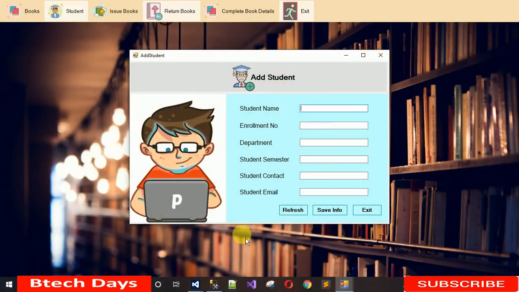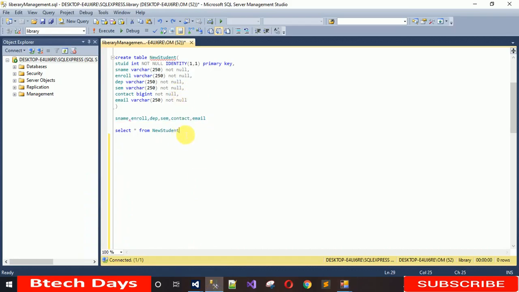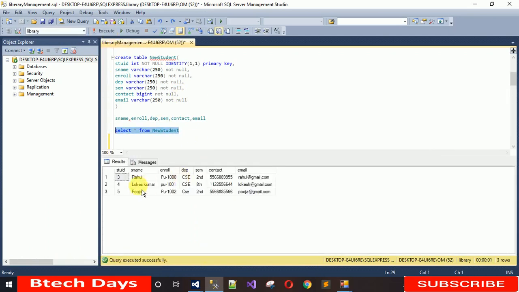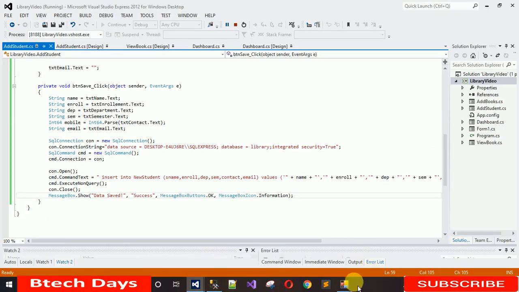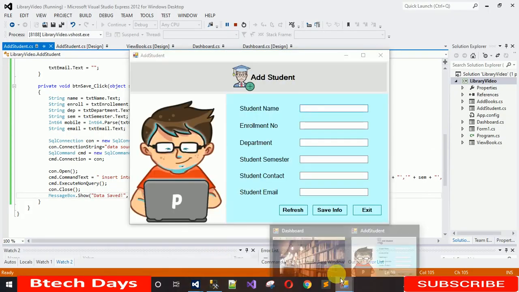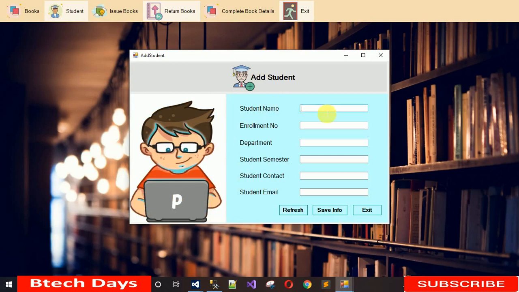We have it working now. So let me show you what we actually have in this table till now. Here you can see we have 3 records for now. Let me insert one more record. So here is the student name, like what we need to check. Enrollment number will be